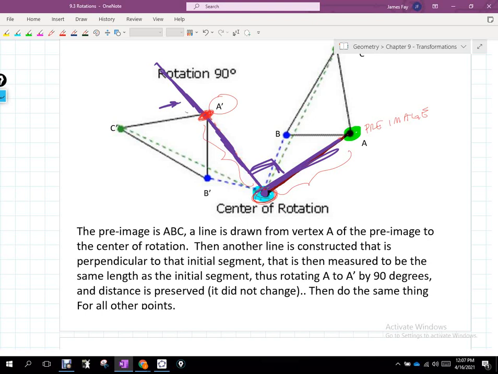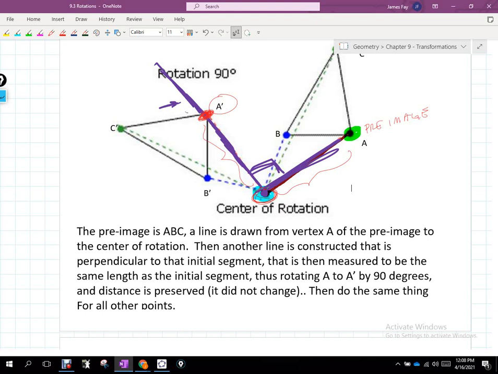Does that make sense? The way that we would capture that distance right there is that you would take a compass. You guys are probably familiar with compasses being these things, right? So you would take your compass,